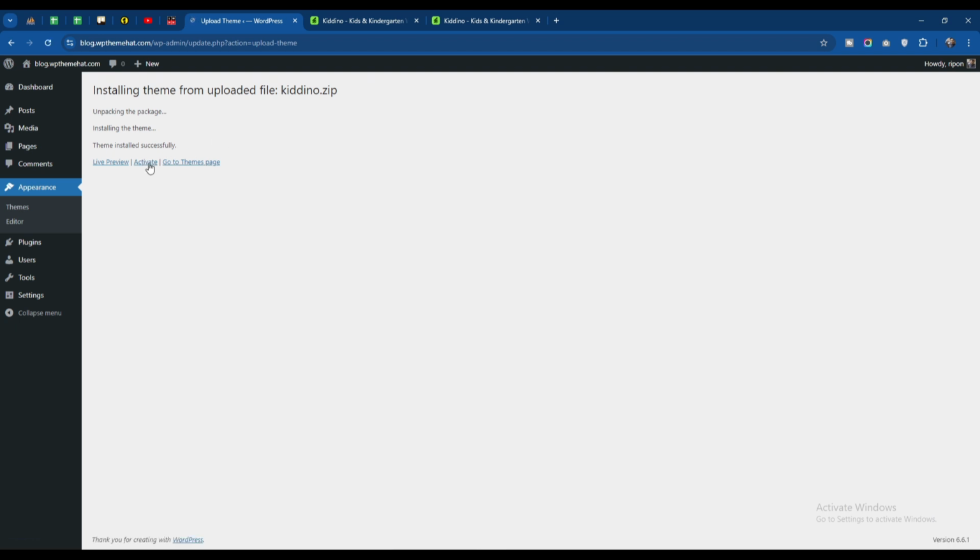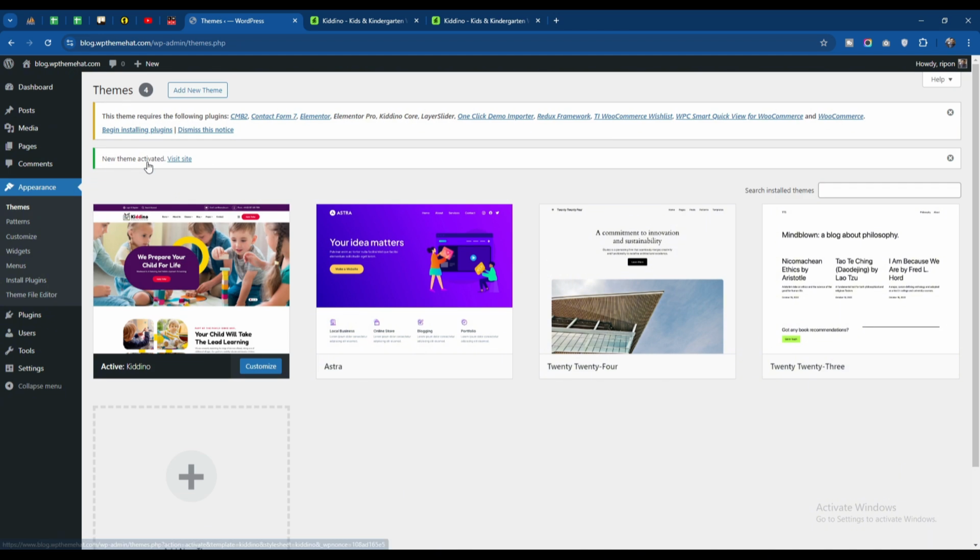After completing the installation, we will click on the activate button here. After successfully installing and activating the theme, we will see a prompt to begin installing plugins. The recommended plugins are CMB2, then Contact Form 7, then Elementor, then Elementor Pro, as you can see,